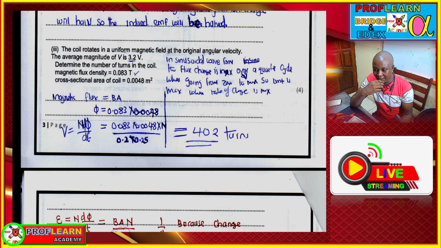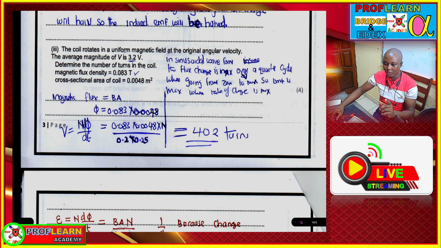So in that case here, we are going to work in this way. We have gotten the magnetic flux. Then to get magnetic flux linkage, you need to multiply by the number of turns, N. And remember, in this question, we are working out the number of turns. If we are working out the rate of change, there must be the aspect of time, guys. So we are going to have the magnetic flux linkage, which is this value, at the numerator, divided by